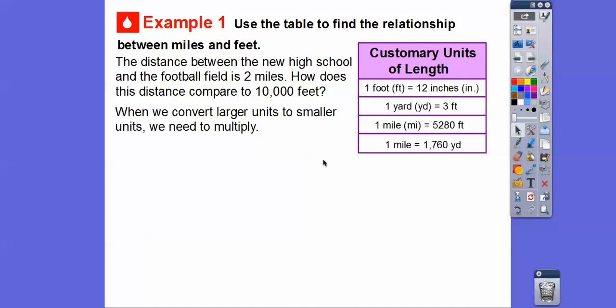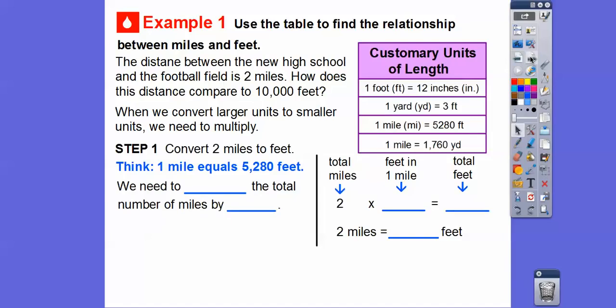Okay, so when we convert larger units to smaller units, then we need to multiply. So here we go, we're going to go ahead and multiply. We're going to convert 2 miles to feet right here. Remember, 1 mile equals 5,280 feet, so we're going to need to multiply the total number of miles by